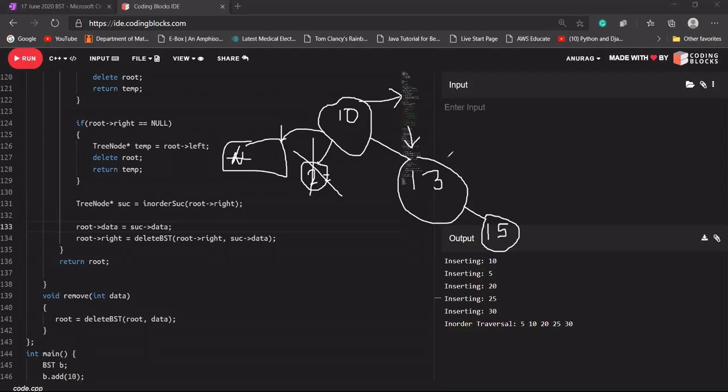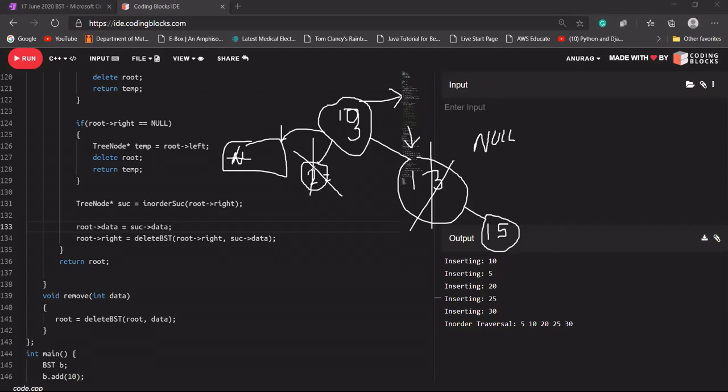Because after 13 we are not having anything, which means its left part is not having anything. So we are going to write 13 here, and if we write 13 is equal to null, we will lose 15. Okay, Bank, I think you got your answer. Shreya, I think you are also clear. It means we cannot directly delete this.